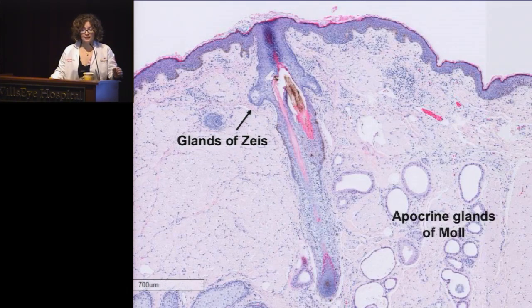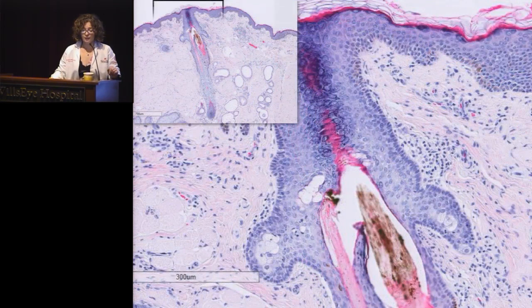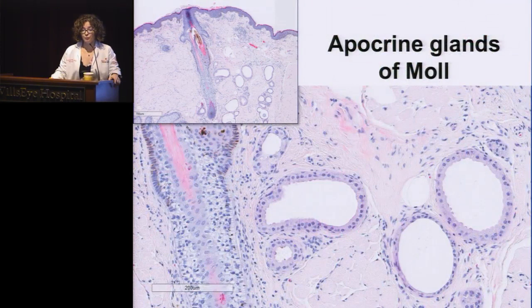And you can also see sweat glands that are associated with the hair follicle, and these are apocrine glands of Moll. So if you focus on that infundibular region of the hair, you can see the glands of Zeis with the typical sebaceous architecture. And if you focus deeper in the dermis right there, you see the characteristic bilayered architecture